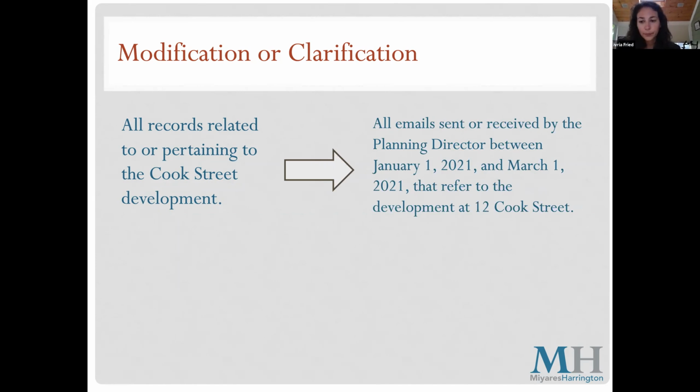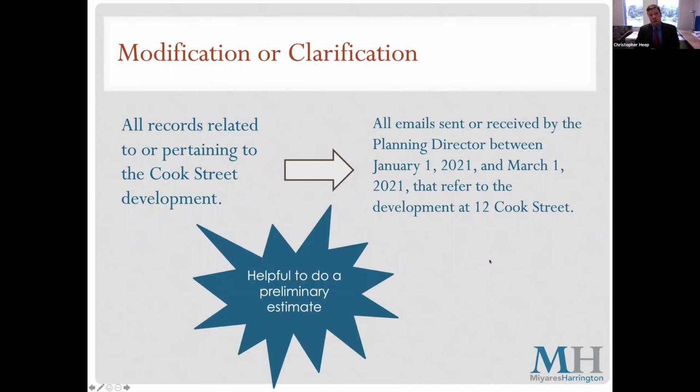Great, thank you. And this slide just shows an example of how sometimes people submit requests that are intentionally broad, and sometimes people submit requests that are perhaps unintentionally broad. And a response of this type can sometimes have the helpful effect of revising the request to one that is easier for the town to respond to and more narrowly targeted to the documents that the requester is actually looking for.